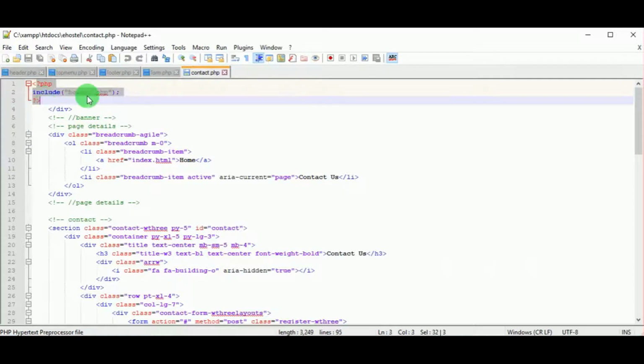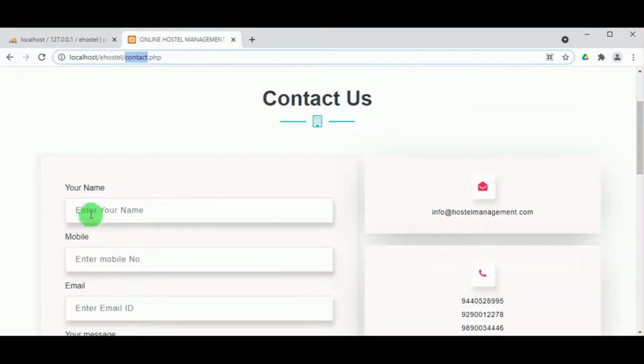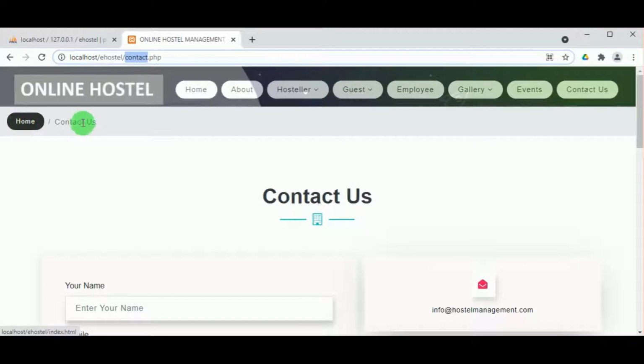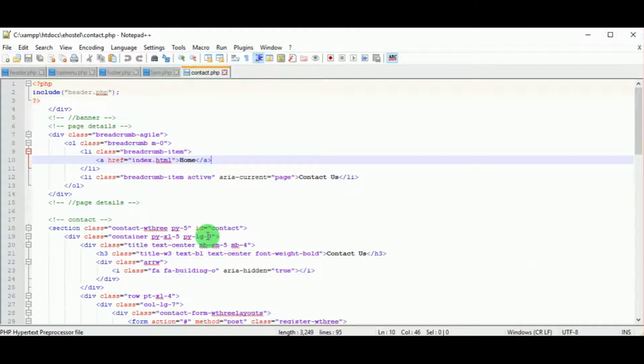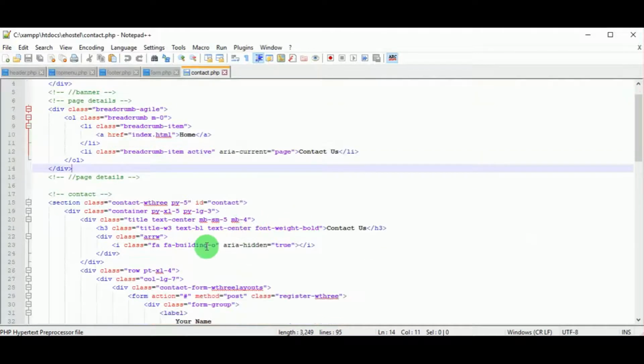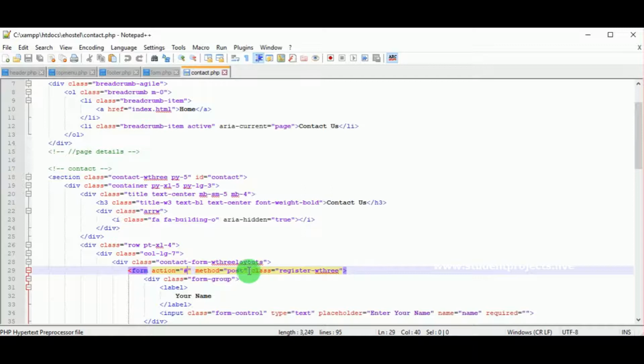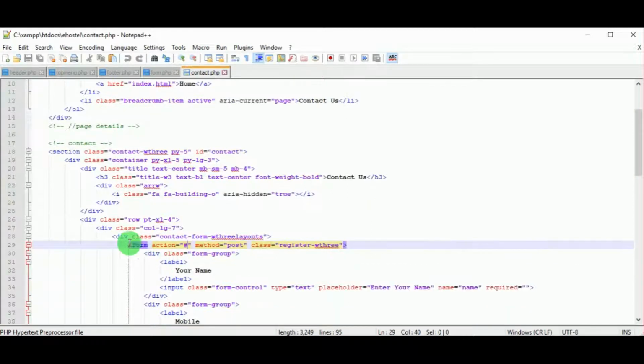You can see the header.php is included in this file also, and you can see in the home, index.php is connected. And you can see in the h3 tag contact us is written, and then there is a form. So form, there is some action, then method post.